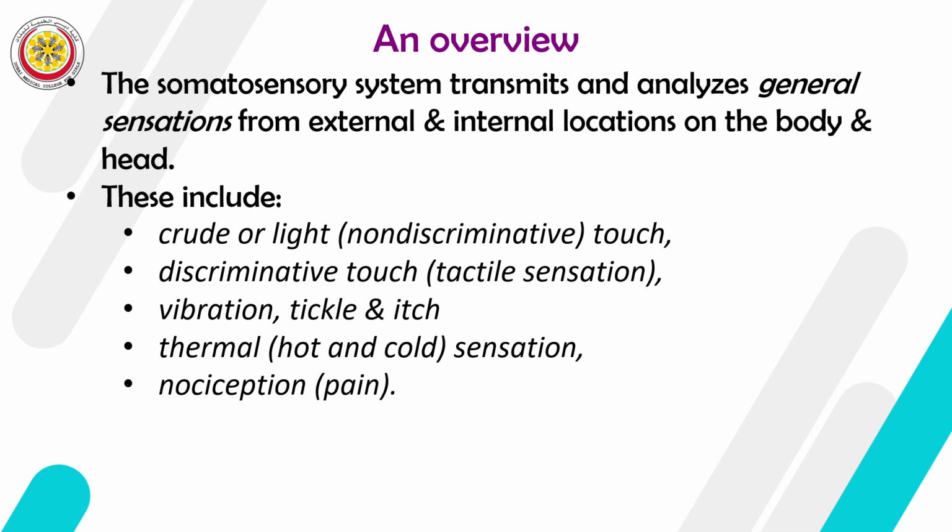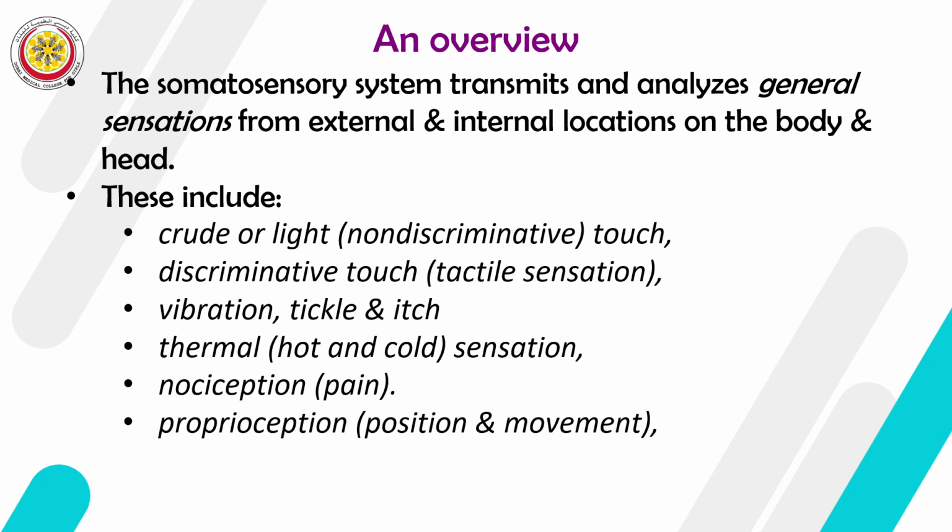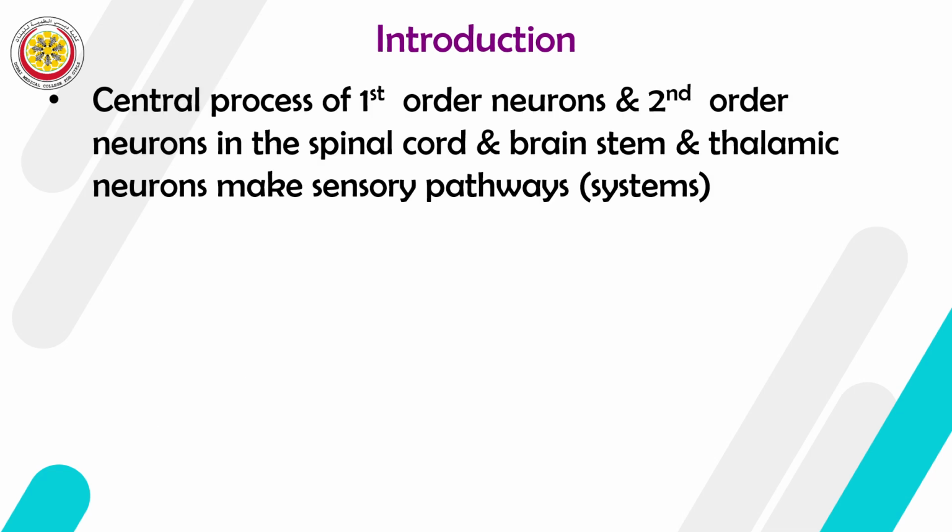Ischemia. So, colic is one type of pain. Pain in general is a warning system, but it is warning you that there is tissue damage or there might be tissue damage if what is happening continues to happen. And then lastly, you already mentioned proprioception. Proprioception is position and movement. Position and movement. Okay, this was a long introduction, but it's important.